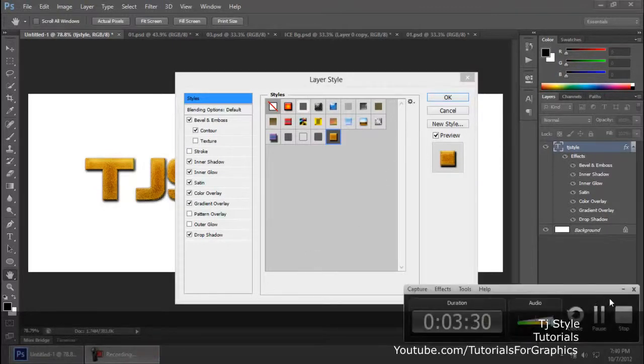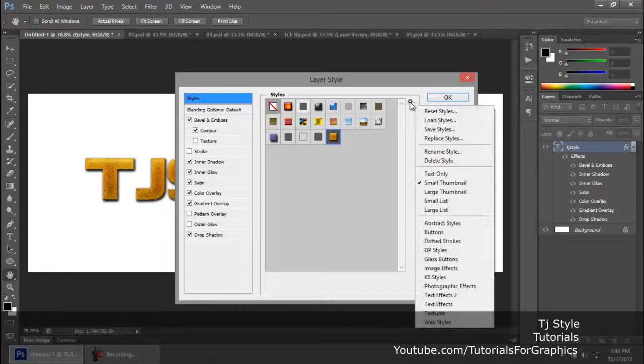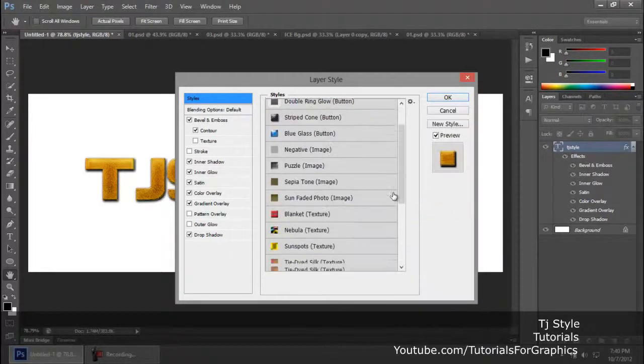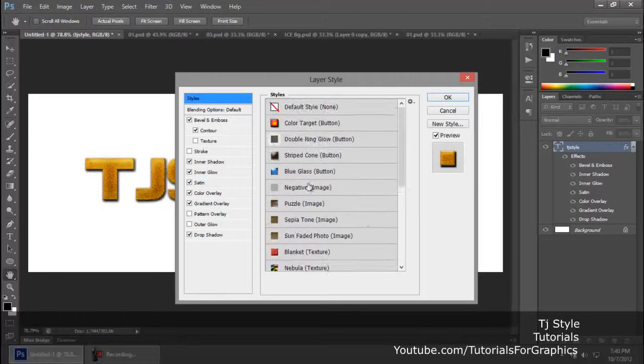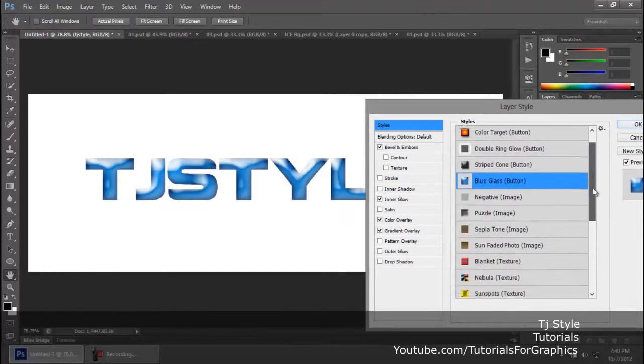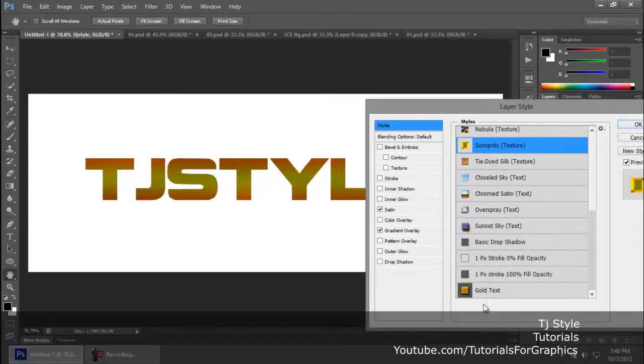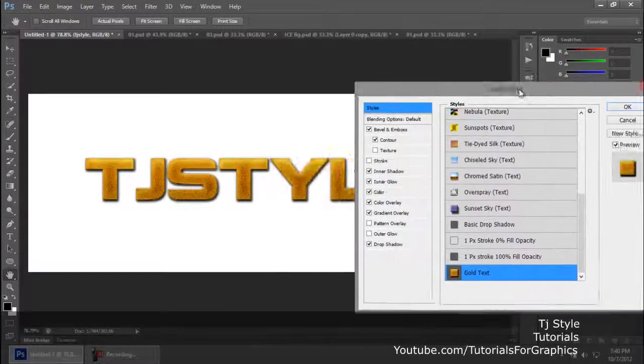But frankly, when I am working and saving layer styles, I always like to change this option. I don't like this option, guys, in which there are some small boxes. I really cannot see anything. I cannot read my layer style names. So you can go to this gear button, click on it, and change it to large list. This is the option that I like to work with. It gives me a small preview of how the layer style is going to look. There are some default ones already created for you, so if you want to check them out, feel free, guys. And then there is the layer style that I just saved.